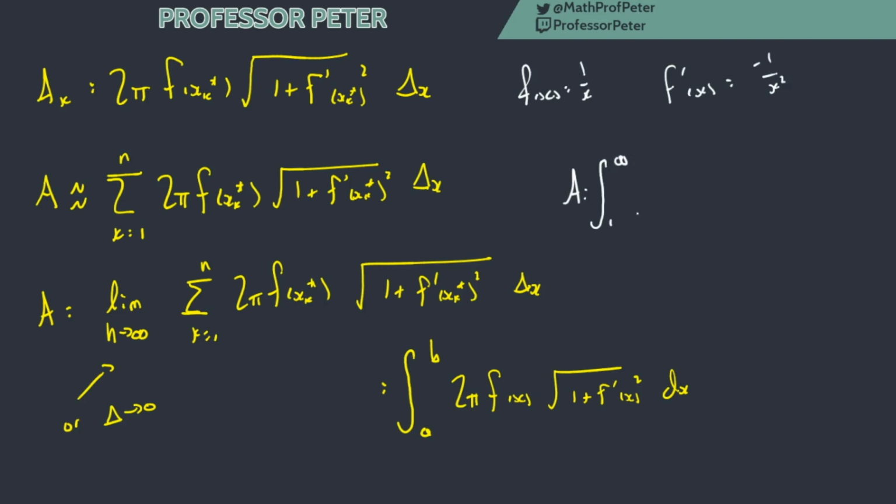We've got this improper integral again. Maybe I'll factor the 2 pi out like I did earlier with the pi. And then I can say this is 1 over x times the square root of 1 plus the derivative squared. So that's really 1 over x to the 4th dx. And now we need to figure out what this thing is. That's a little bit tricky. So if our area was 2 pi times this integral from 1 to infinity of 1 over x times the square root of 1 plus 1 over x to the 4,